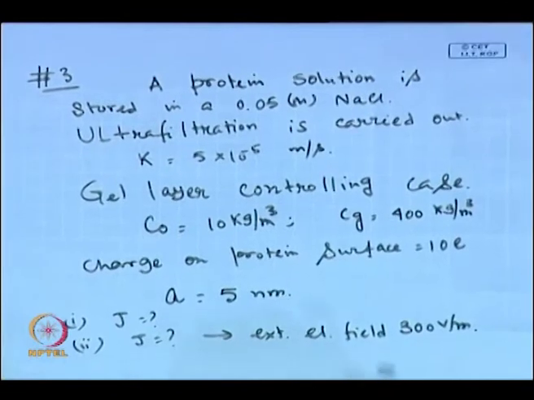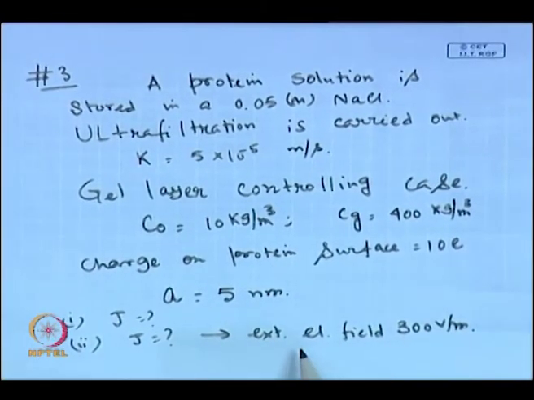As we have discussed in the last class, although this field strength looks to be very high, 300, 400, 500, in an actual scenario you will be really applying a voltage difference of 1 volt, 1.2 volt, 0.4 volt, something like that. Since the channel height is extremely small, in the millimeter range, the field strength in volt per meter will be quite a large number. Okay. So, the first